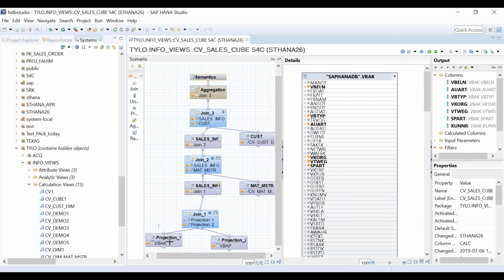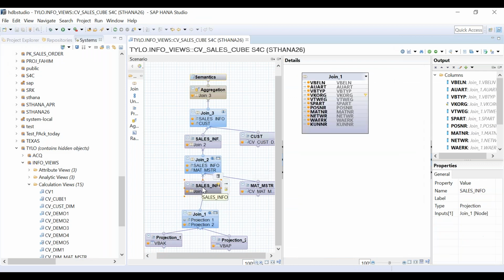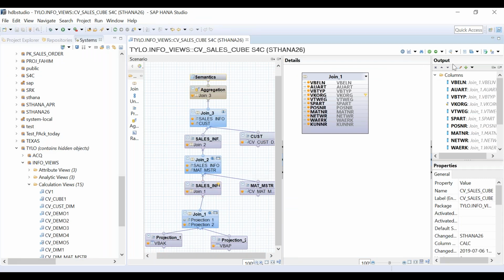Because I have not filtered at this node. I have filtered at this node. So what will happen? The data from VBAK will flow to this. So the entire data, from all the sales organizations, will reach this join, and from this join also it will reach this join. Am I interested in seeing all the data here? The question is, do I want to see Z900, or what? In other words, whatever the user is entering, I want to see only exactly that sales organization's data.